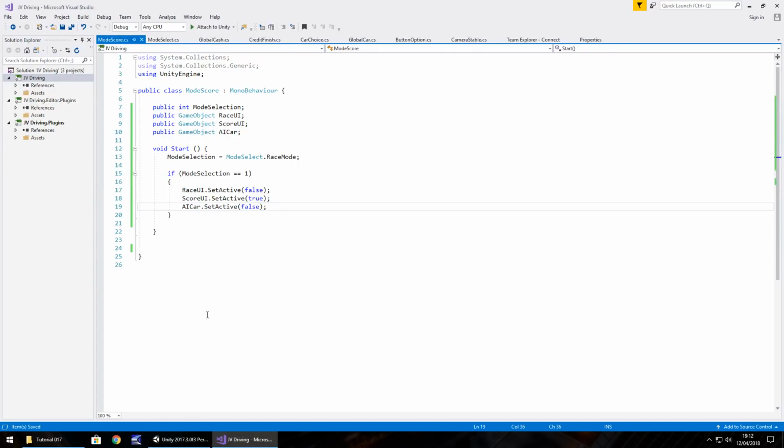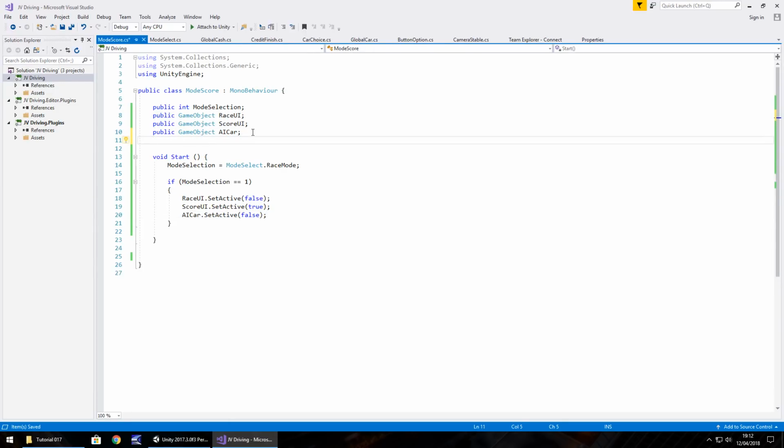So we've got ourselves set up here, ready and waiting. What we need to do is this is also going to contain the score itself that we're going to create. So we're going to have public static int currentScore;